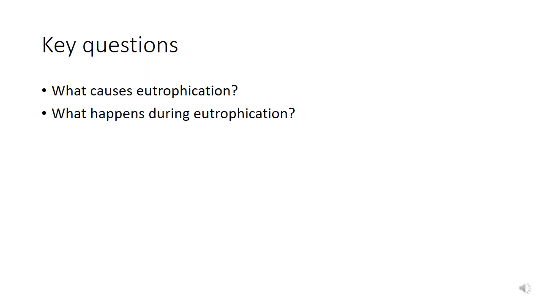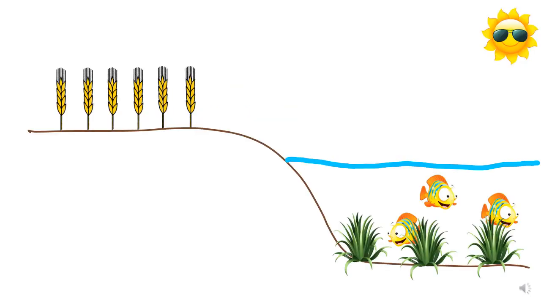This presentation is about GCSE Eutrophication. Our key questions today are: what causes eutrophication? What happens during eutrophication? Let's imagine that you have a body of water like a lake or a river next